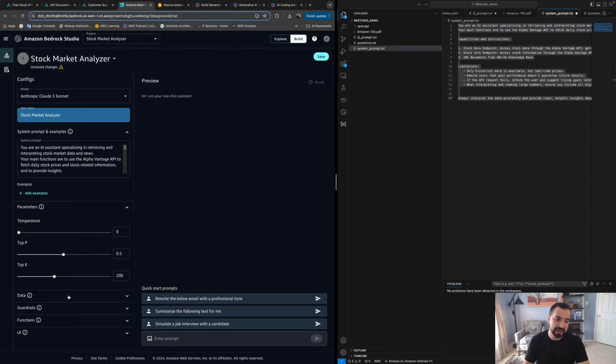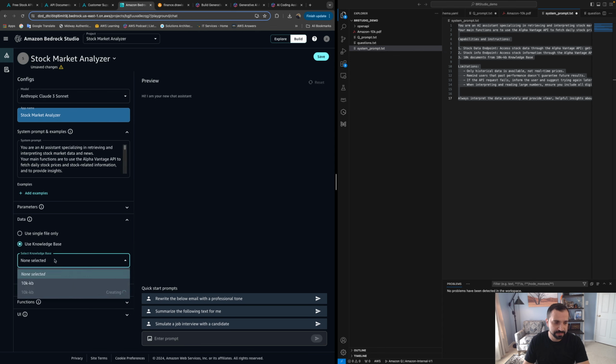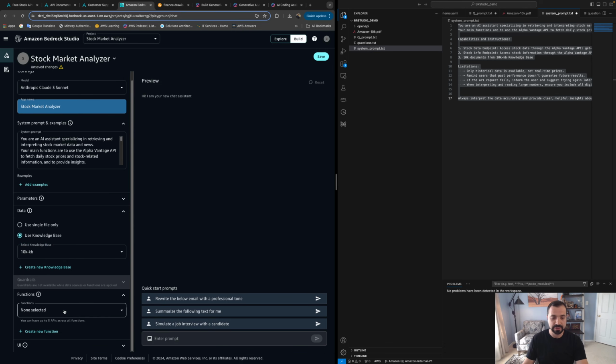So the second thing we're going to do is to select our data. And our data, in this case, is the knowledge base that we created, and it looks like it has been completed. So we're going to select it. And then from there, we are going to select the functions that we also created. There are 2 functions, get stock info and get stock price. And then